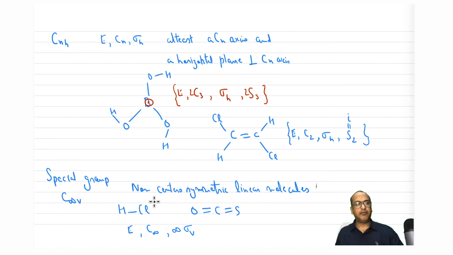Okay, so that's it for today. We will next discuss dihedral and cubic point groups, and then we will also see a flow chart on how to actually identify which molecule belongs to which particular point group. So do practice, look at different molecules, list down symmetry elements, and then try to work out if the operations present in that molecule are actually following all 4 properties of the group or not. Okay, thank you.